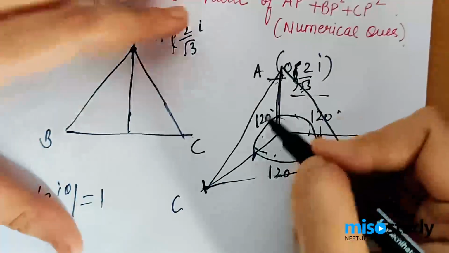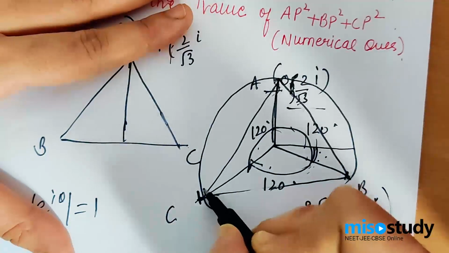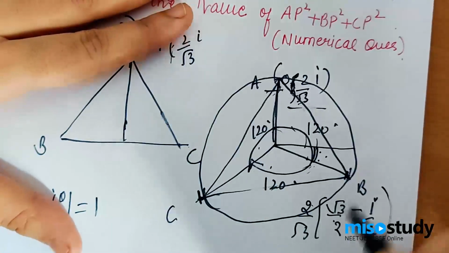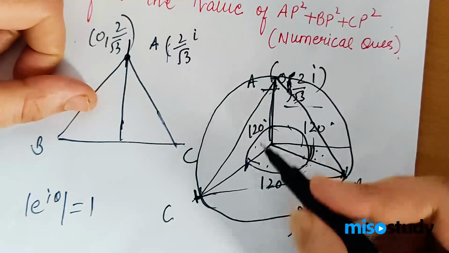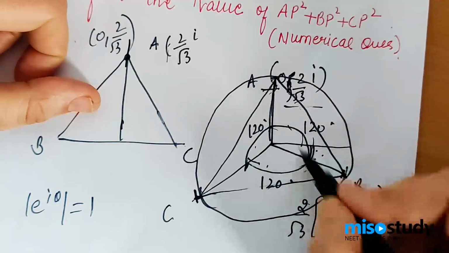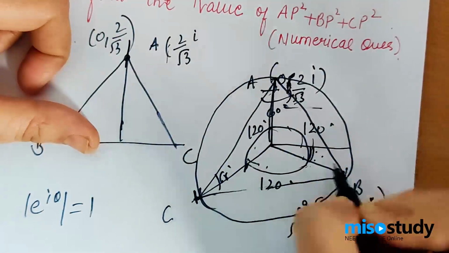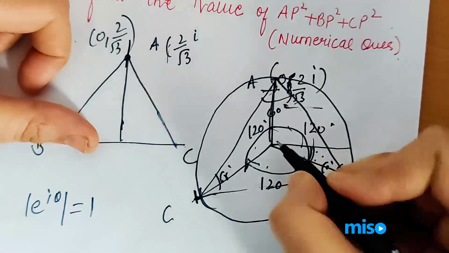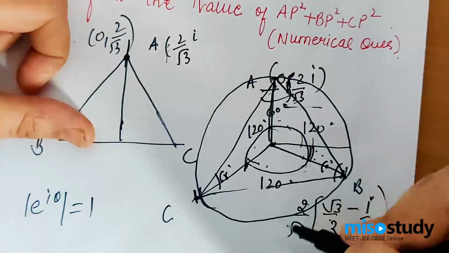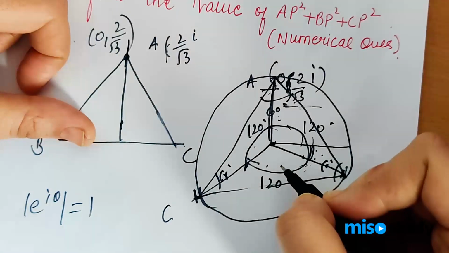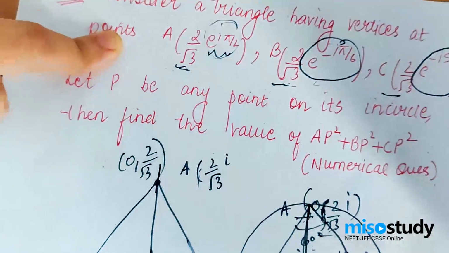So it's lying on a circle, the circumcircle of this triangle, with a radius of 2 root 3 units, and we found that out. So this is an equilateral triangle, and we didn't take much time to decipher that. Why? Because this is 120, 120, 120, and if you use the property of a circle, this would be 60, 60, 60. And I also realize this is 2 root 3, 2 root 3, 2 root 3. The vertices are on the circle having center origin and radius 2 root 3. I found that out by the magnitude, because all of them have the same magnitude, 2 root 3. Okay.